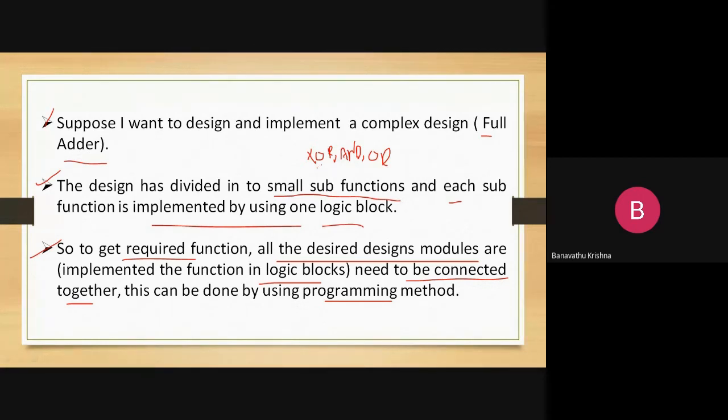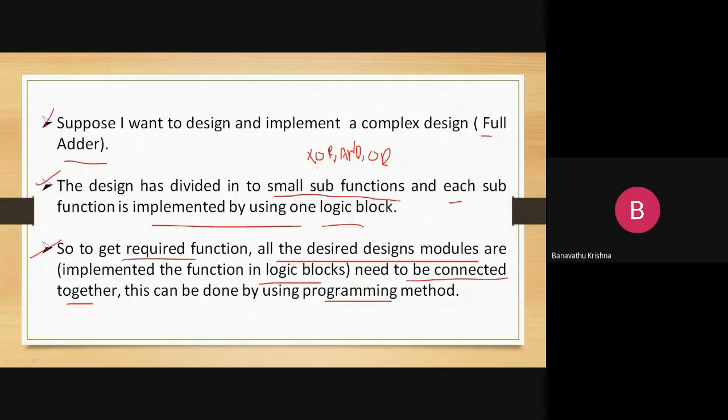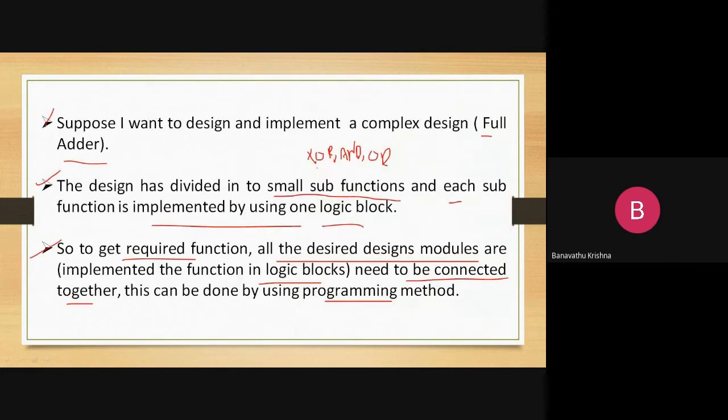Here we have different types of logic blocks. Let us see, these are the six logic blocks, placed in a horizontal and vertical manner in this particular area of the FPGA kit. We are going to make connections between these logic blocks. How do we make the interconnection between these logic blocks? By one method, which is nothing but the programming technique. How we do the programming, let us see in the next slides. So these are the 3 points for the implementation of the required task on the FPGA kit.